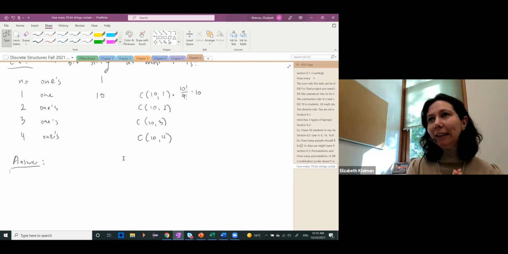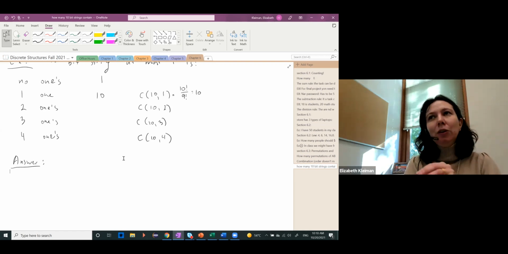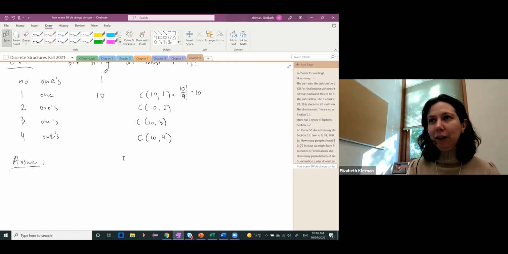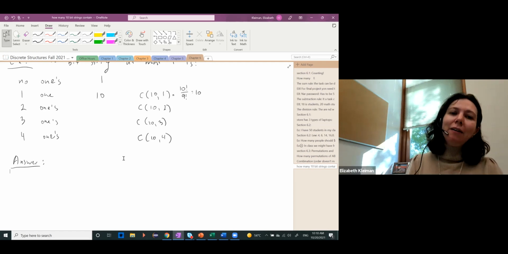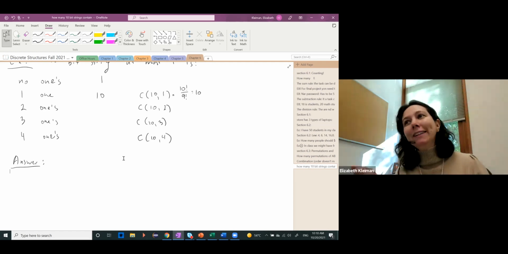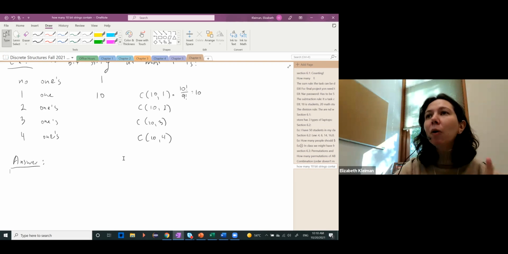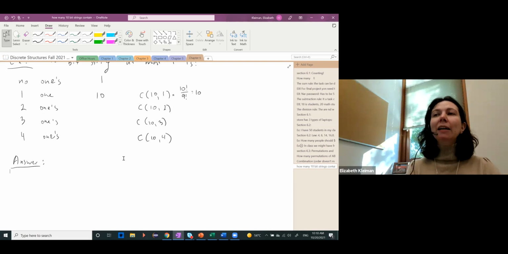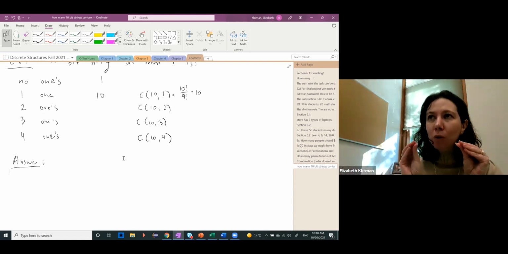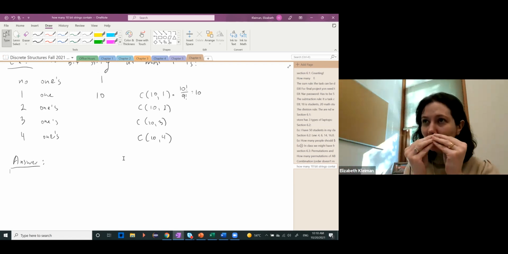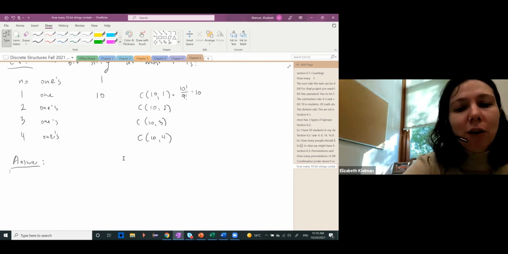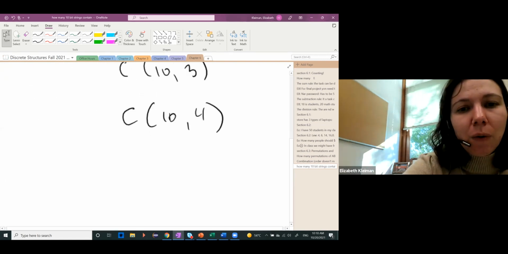In this case, those do not connect in any way, correct? You cannot have no ones and 4 ones at the same time. Those cases are totally separated. So it's pretty much, I can do it either this way or this way or this way. When you have the or as your connection, you need to add. So the answer is,